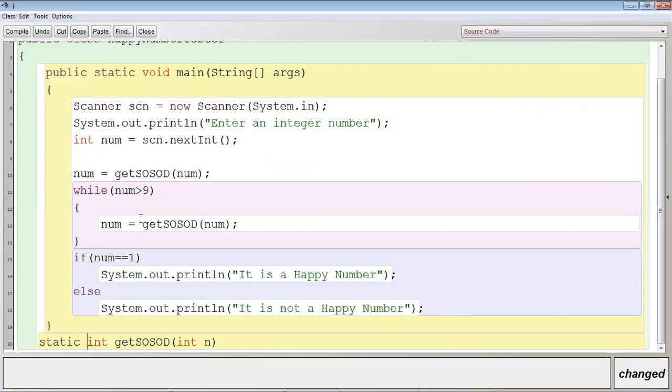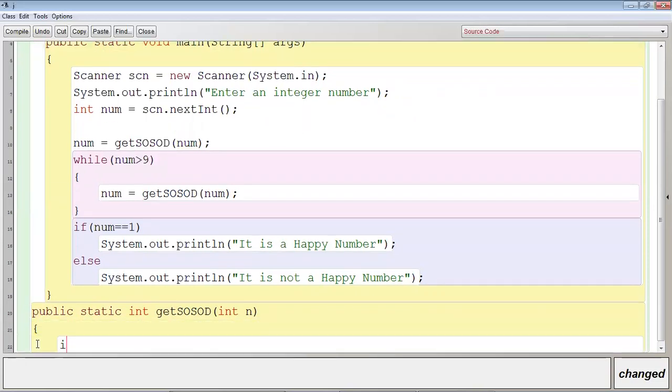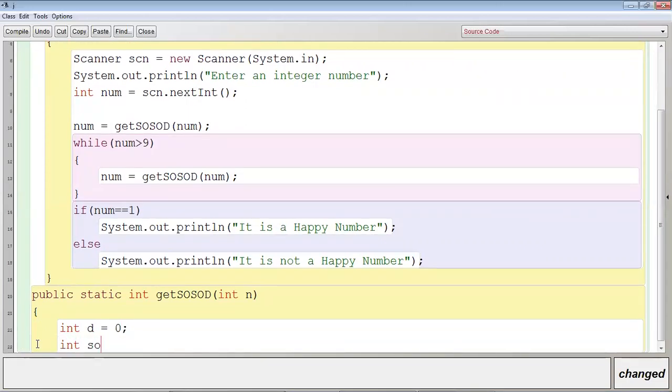Why? Because you are calling it directly from within the body of the static main method. Okay, and make it public. It's optional to make it public; it depends upon you. Then int digit is equal to 0, int sumOfSquareOfDigit is equal to 0.